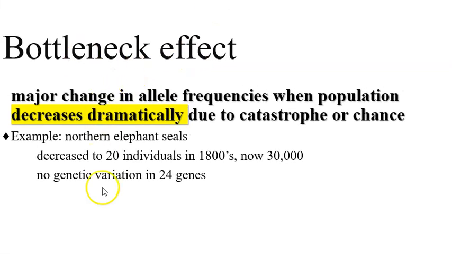Bottleneck is another type of genetic drift, which, I'm sorry, not another type of one. Sorry, I thought we were on the next one. That bottleneck is the same one. Another example, I should say, sorry, first mistake, let's see how many I make during the video, is northern elephant